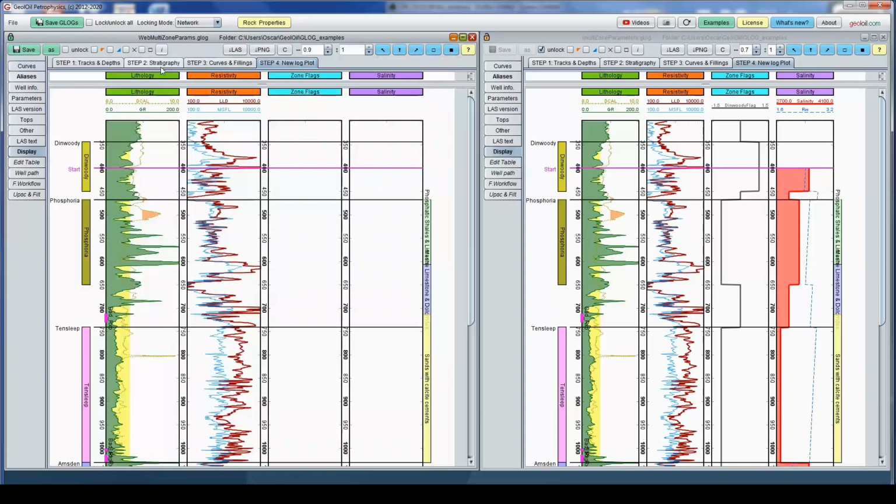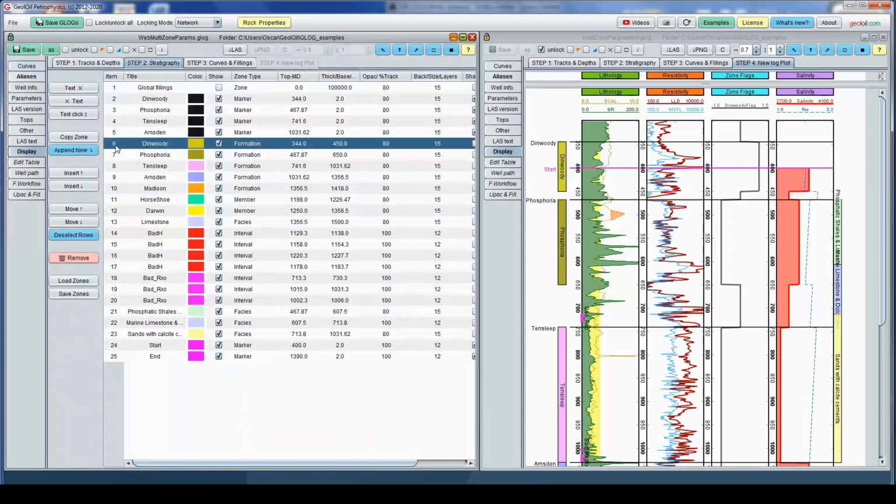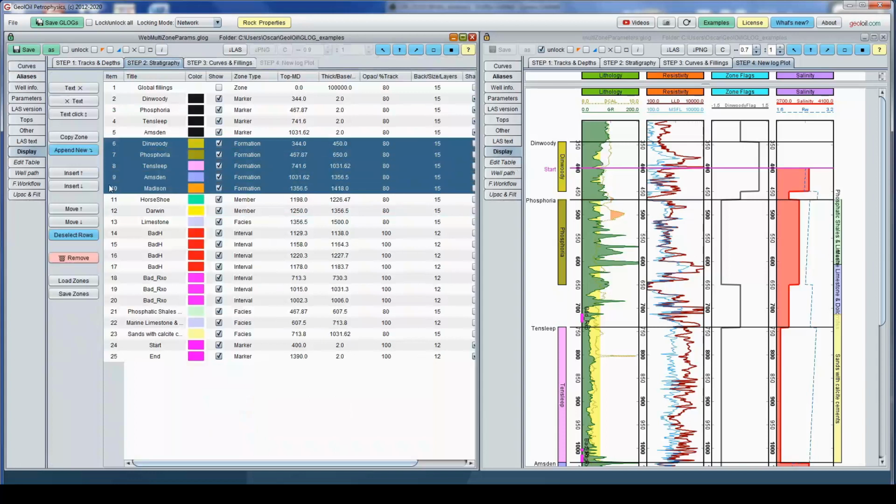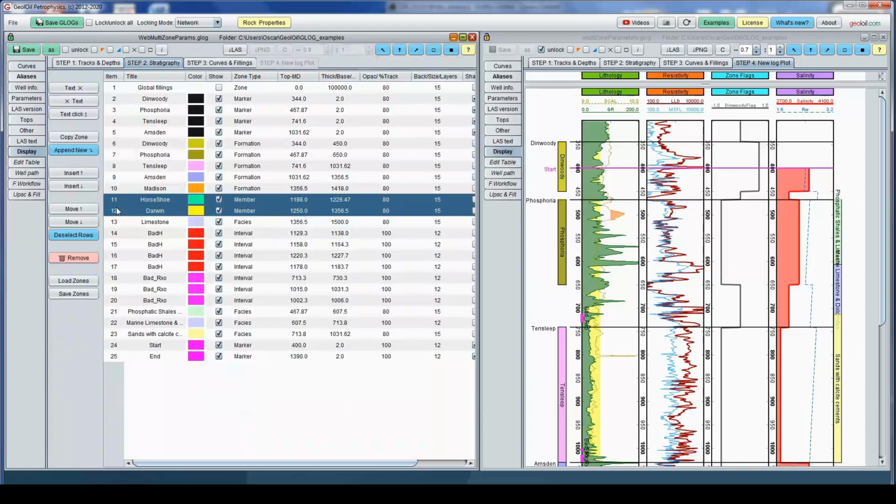Here you go to display, stratigraphy, and you have your stratigraphy. Here you have formations Dinwoodie, Phosphoria, Thames-Lip, Amsterdam, and Madison. And nested inside, we have Horseshoe and Darwin.